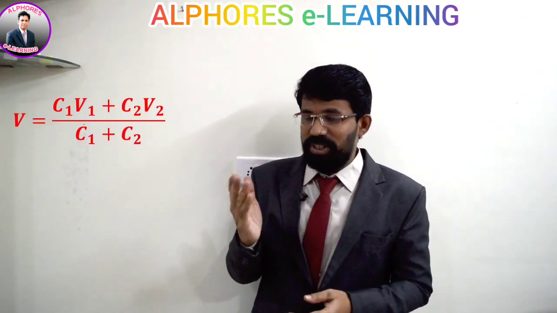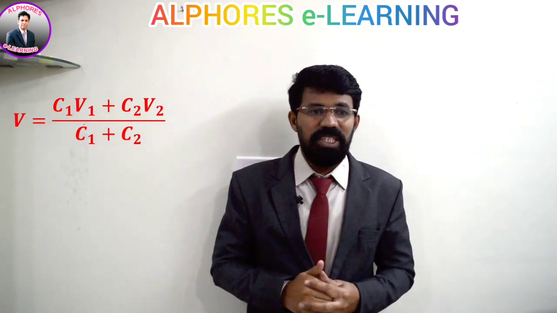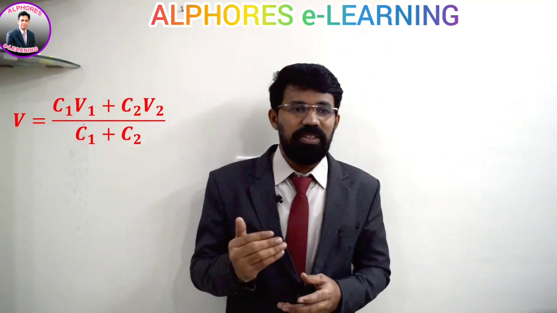Charge flows from high potential to low potential. So there should be a potential difference for driving the charge, and it continues as long as there exists a potential difference. If there is no potential difference, there won't be any charge transfer. So here also, when you join two capacitors together, the charge flows from one capacitor to the other, from high potential to low potential, and it continues as long as there is a potential difference. Finally, they reach the same potential. That's what we call common potential, and this is the expression for it: V is equal to (C1 V1 plus C2 V2) by (C1 plus C2).